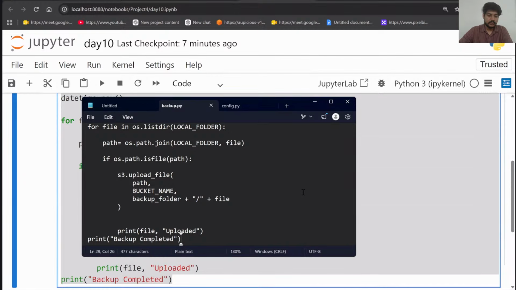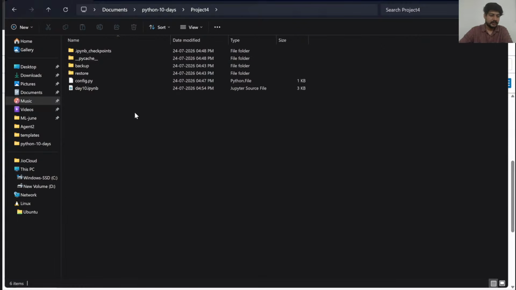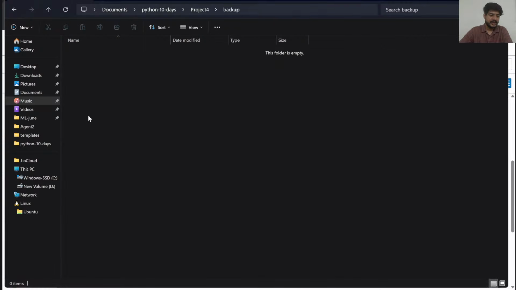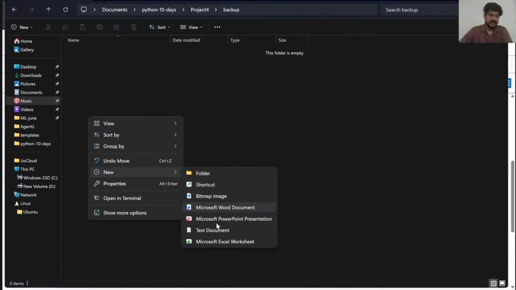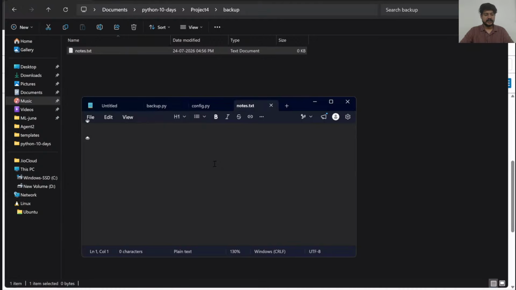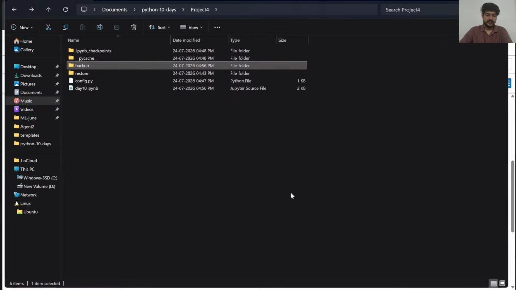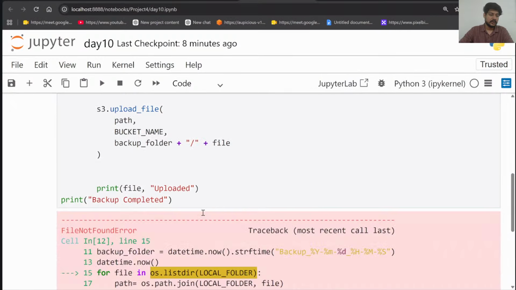राइट, अब इस कोड को हम टेस्ट करते हैं। तो इनसाइड दिस वी हैव वन फोल्डर project 4 में, यहाँ backup में कुछ भी नहीं है, तो इसमें हम maybe एक टेक्स्ट फाइल ऐड कर देते हैं, maybe इसको बोल देते हैं notes.txt. तो maybe notes.txt, hi all, how are you, that's I am saving it. बस notes.txt नाम की एक फाइल है हमारे पास इस backup फोल्डर में, right? And now as soon as I run this code, it should go and upload the entire code.